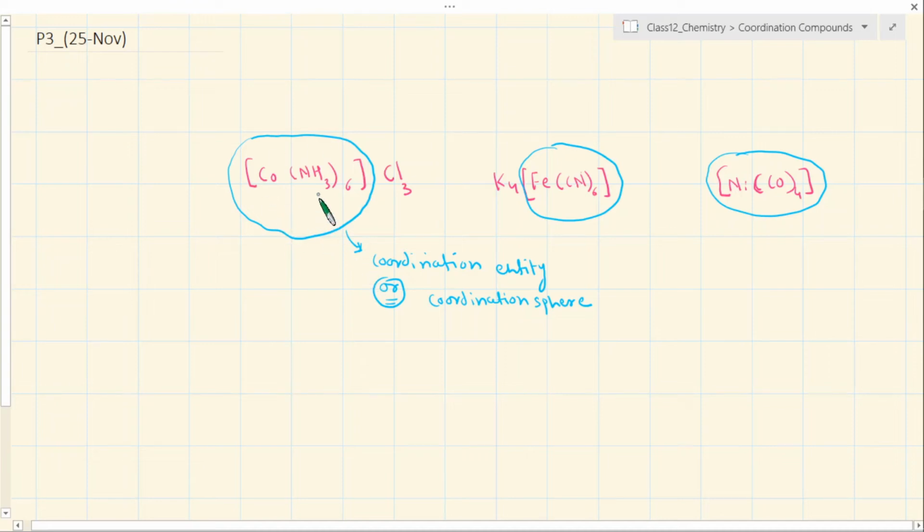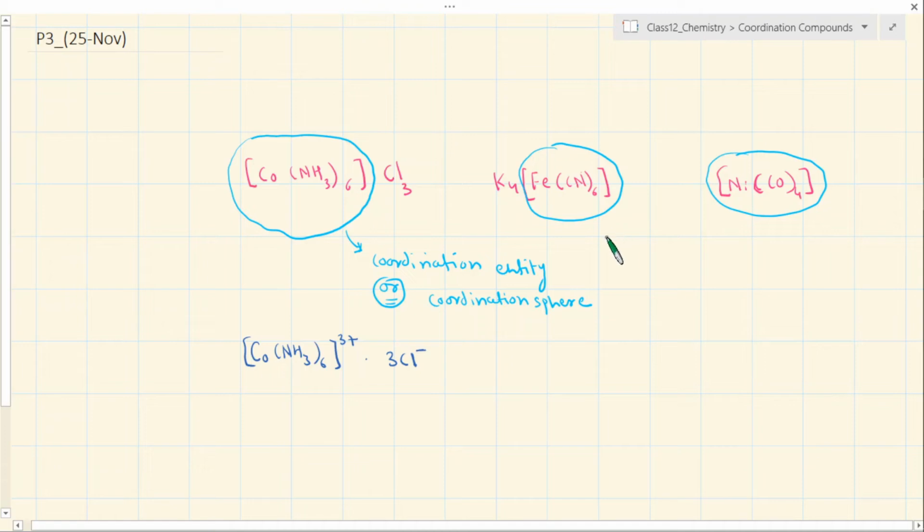Okay, now this is all that is important for us. That's why it has been isolated in terms of calling it coordination entity or coordination sphere, because this is just the counter ion. Okay. So what is the difference? In this also there is a coordination entity here, in this also there is a coordination entity here. Okay, and what is the difference between this compound and this compound? Ammonia 6, 3 plus, and you will get 3 Cl minus ions. Okay, so basically you will get these as ions from this.